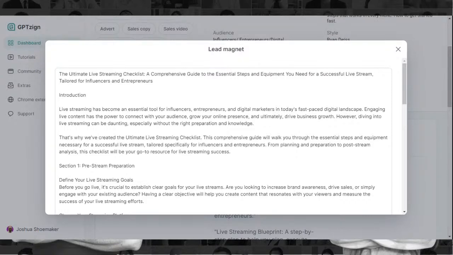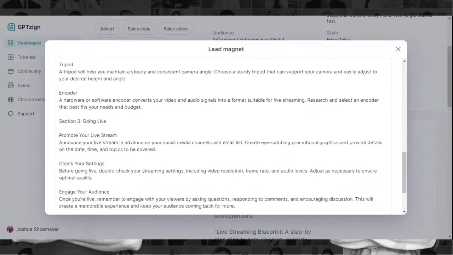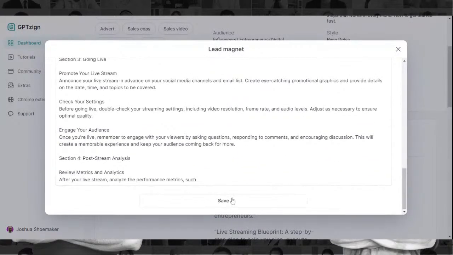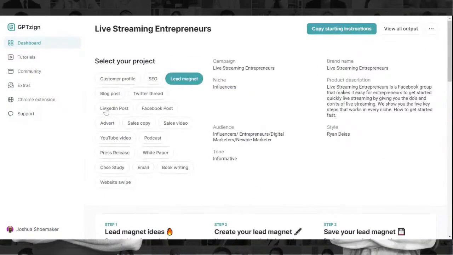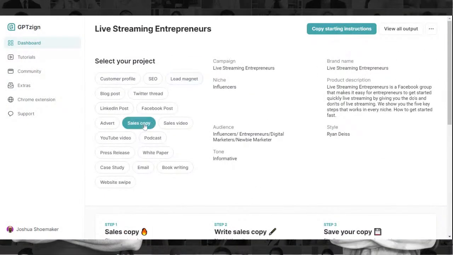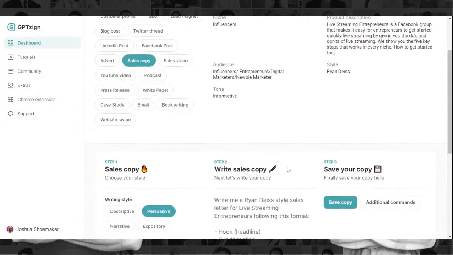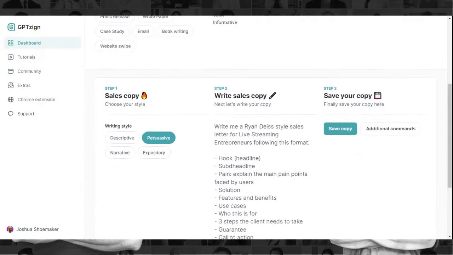But you see exactly what you get here. Grow your stream, blah, blah, blah, post. So then you click save. There was a lead magnet. I probably played around with a couple of these.